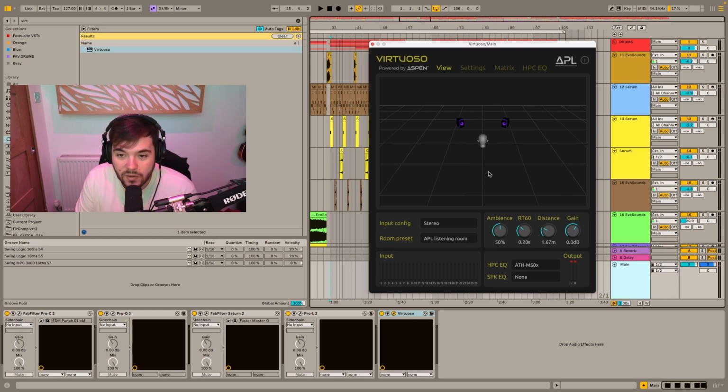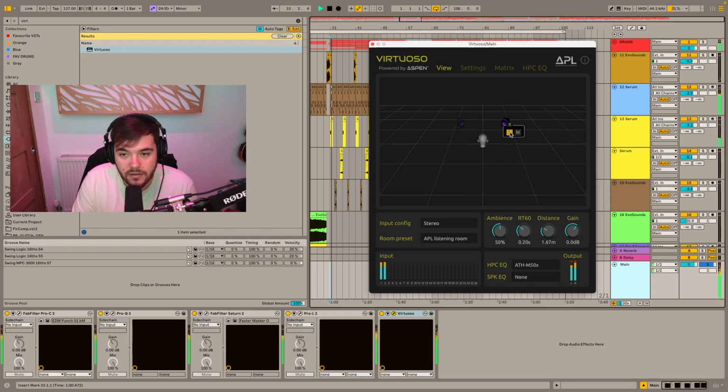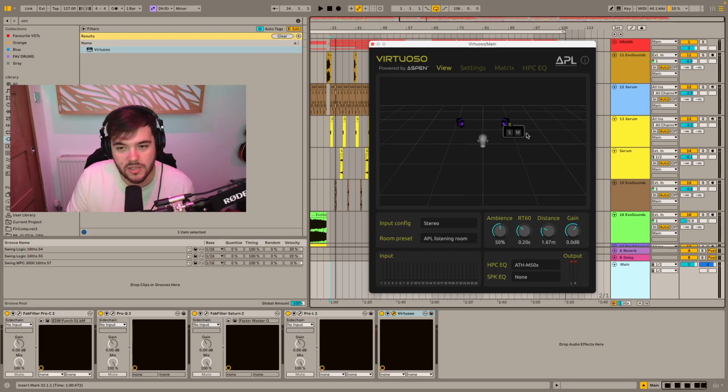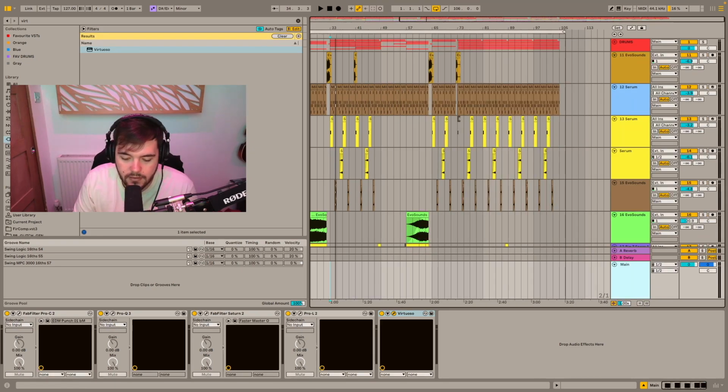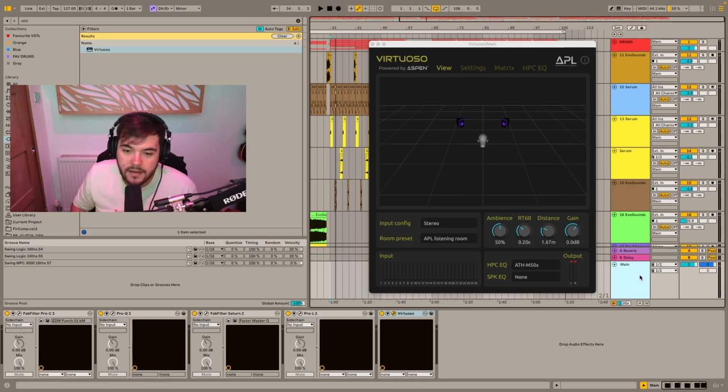And then within this view section here, if we right click on these, you have the different sounds. So what you can do is solo the left channel, and then also solo the right channel. Or obviously you can mute the channels as well, which is kind of the same, but you're just doing it on a different one that you want to mute. Now, if we look at these,